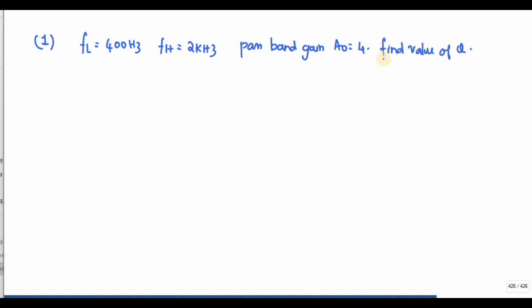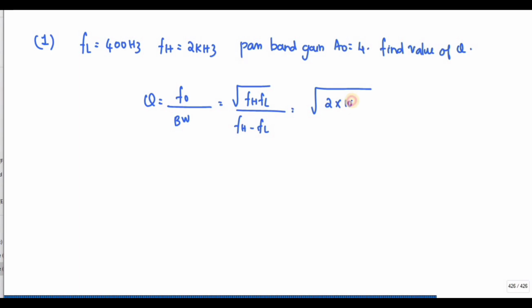So you know the formula, right? Q is equal to F naught divided by bandwidth. F naught is nothing but the root of FH into FL, and the bandwidth is FH minus FL. So if you solve, you will get the root of 2 into 10 power 3 into 4 into 10 power 2, divided by 2000 minus 400, which is 1600, right? On solving, you will get the answer as 0.56. So since the value is less than 10,